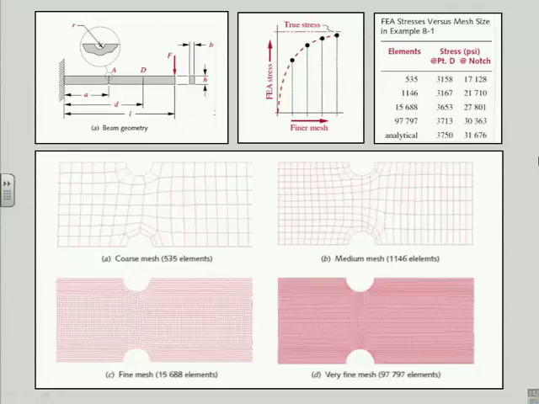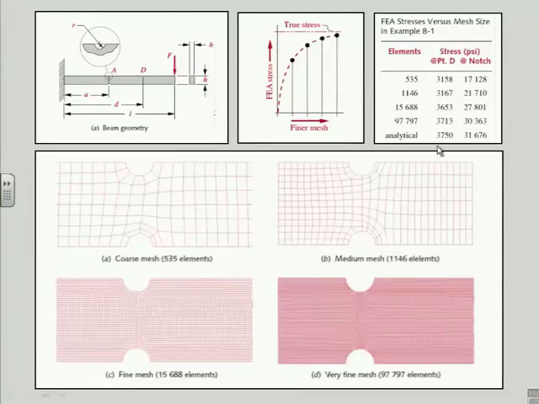I'm not bothering with notch sensitivity. It's just a static loaded problem. So with that number, the 1.56, I get almost 32,000 psi with the analytical method. The first shot here is like half that. And then I come up fairly rapidly, with this very large number of elements, to be close enough for